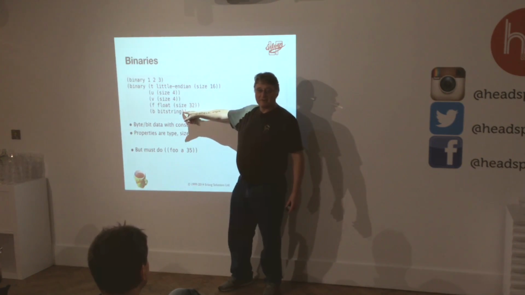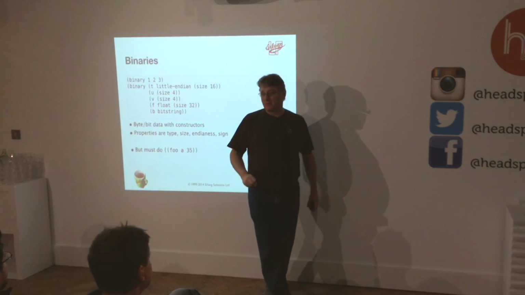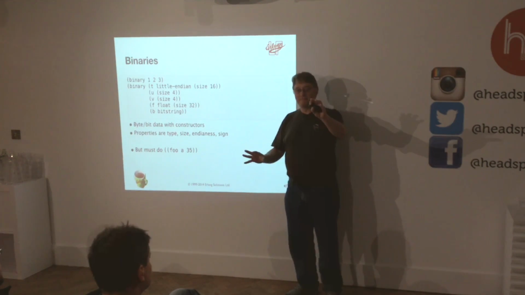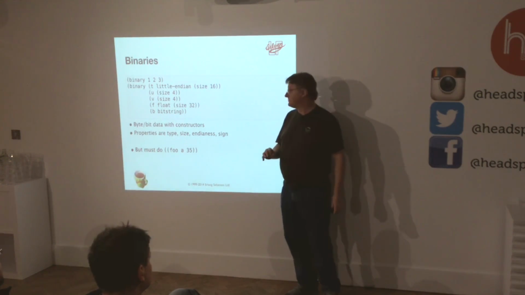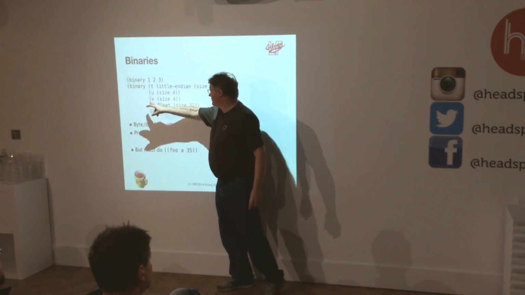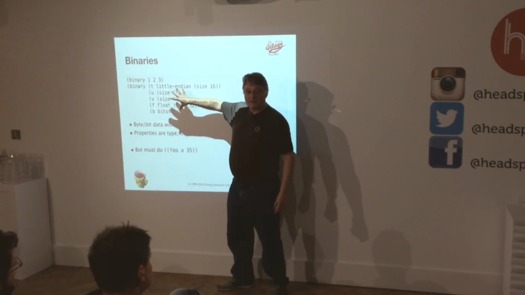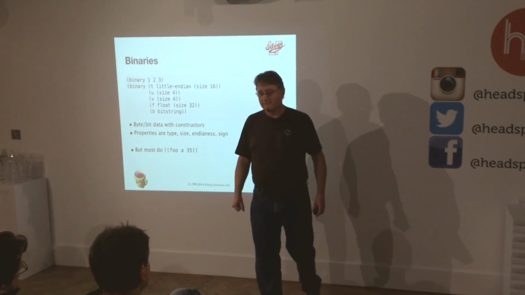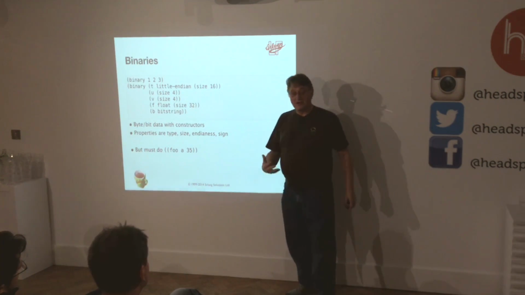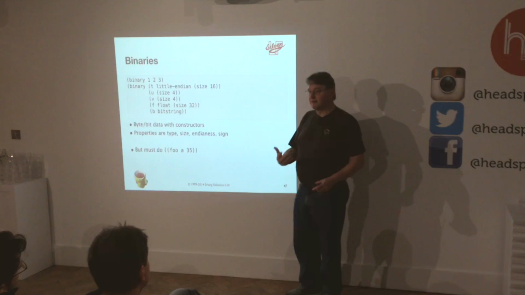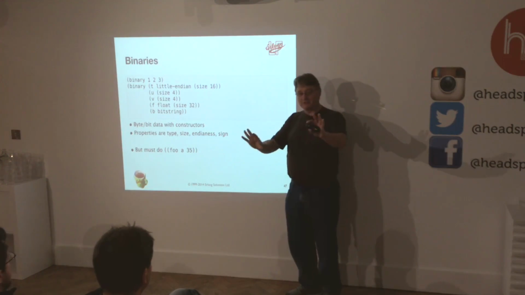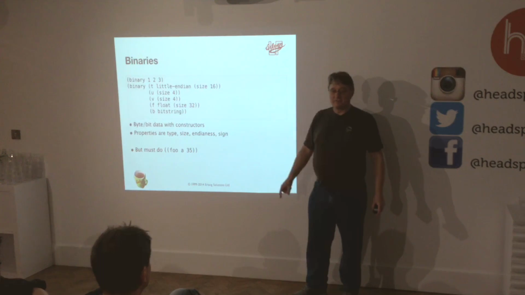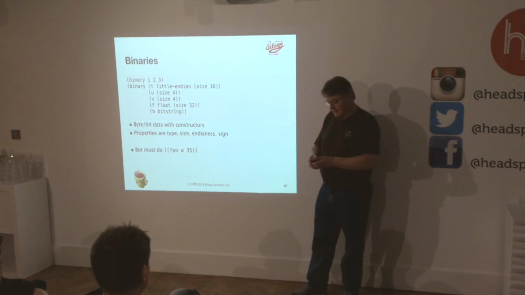So I can write down exactly what I want the binary to look like. I don't build it, I describe it, and the system will build that for me. So if I've got values in the variables t, u, v, f, and b here, I write down that structure, and the system will build that binary for me. Which is very nice. It's very functional, very declarative. I just say what I want it to look like. I don't build it myself. And even that little bit is quite a lot of code if you do it in C.